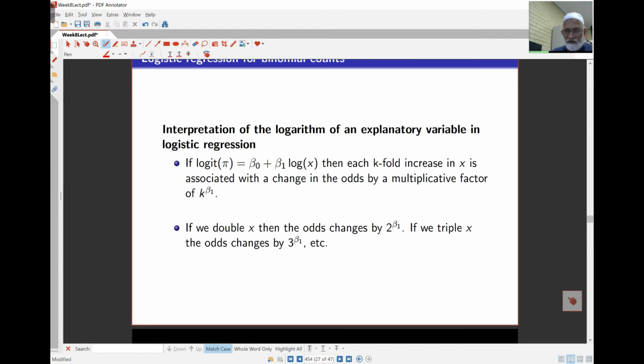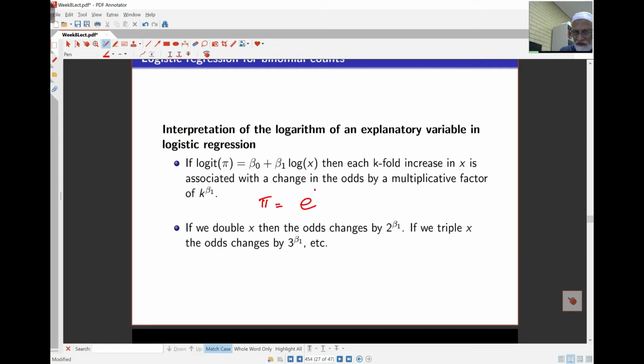Nothing too different here. We've got the logit model for this regression, simple regression in this case, and we know how it works. Each k-fold increase in x is associated with an exponential, so it's k to the beta 1. That's not so difficult to work out. There's a bit of maths involved over here. For a k-fold increase in x, there is a change in the odds by a multiplicative factor of that. So essentially what we know is that pi